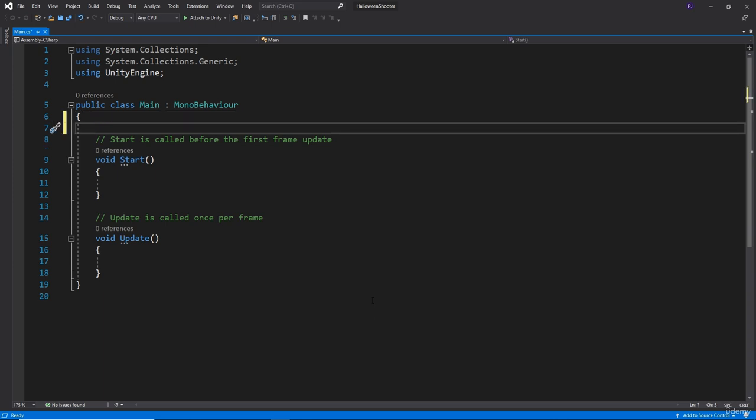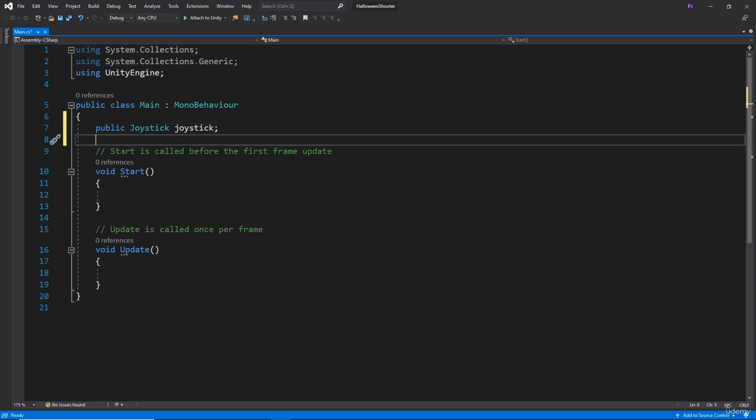Okay, so let's begin then. First of all, we need access to our joystick. So we're going to type public of type joystick that we're going to call joystick. Put a semicolon on the end to finish. Now what we've done there is we've simply made a slot that's going to be available in the inspector. By making it public, it means that it's going to be visible in the editor. If it was private, it won't be visible in the editor. Of type, when it goes green, it basically means it recognizes it as a type of a joystick, and we've given it a specific name. So if I were to save that now,